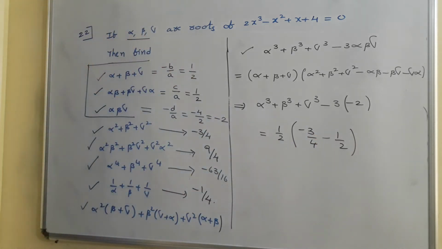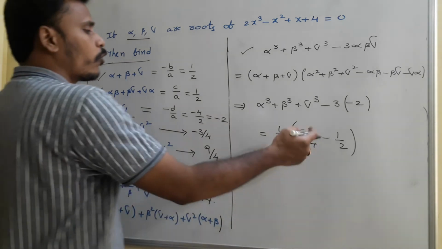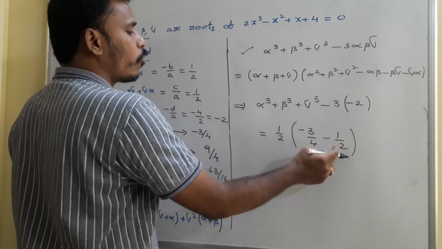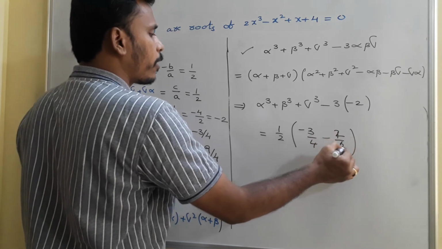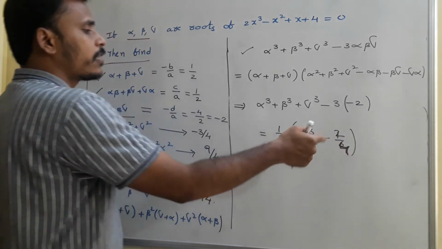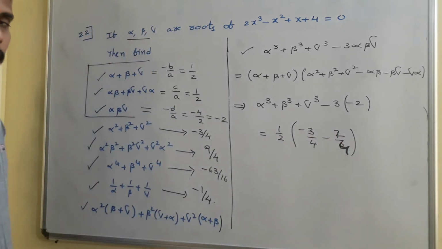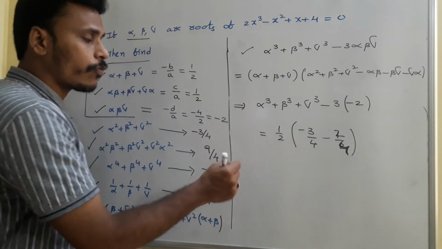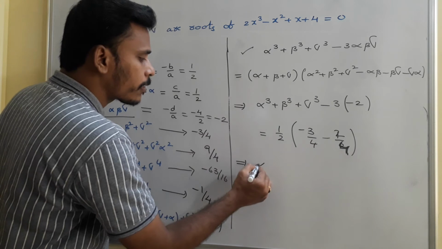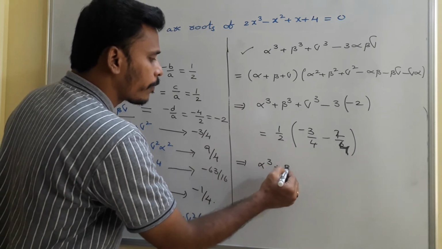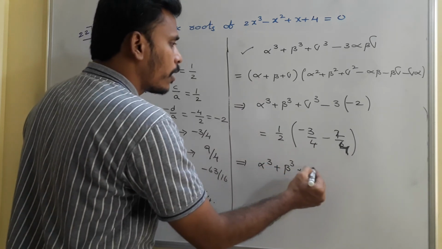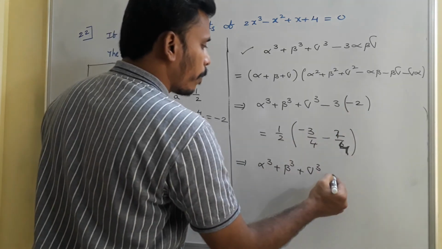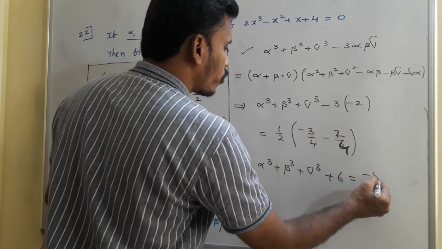From there we need to simplify. So first of all you try to calculate this: minus 3 by 4 minus 1 by 2. I write it like minus 3 by 4 minus 2 by 4, which is minus 5 by 4. Minus 5 by 4 into 1 by 2 is minus 5 by 8. So that implies alpha cube plus beta cube plus gamma cube plus 6 is equal to